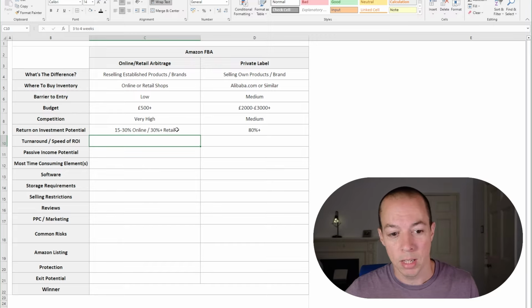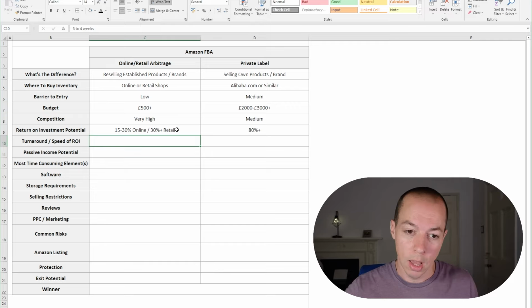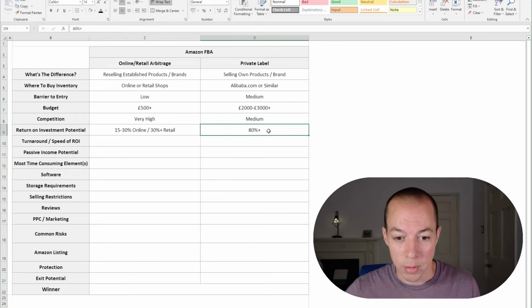Now, if you're doing retail arbitrage, so you're actually going to the physical stores, in my experience, there's more opportunity to make more money as some of the offers are better, but it is a lot more time consuming than online arbitrage. Whereas with private label,